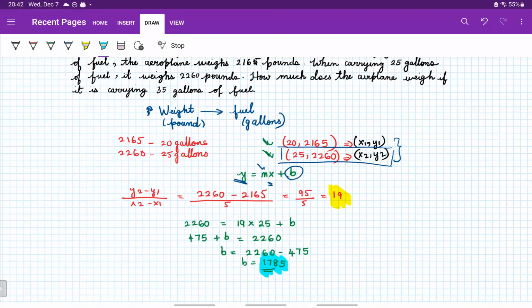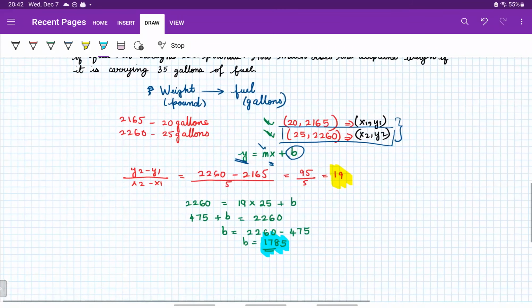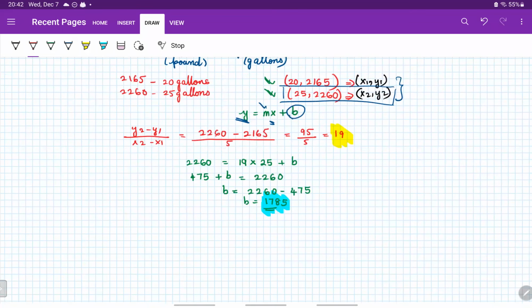Now we want to find out how much the airplane weighs if it's carrying 35 gallons of fuel. So now we want to find y, where x is 35. My m is 19, so it's 19 times 35 plus 1785,